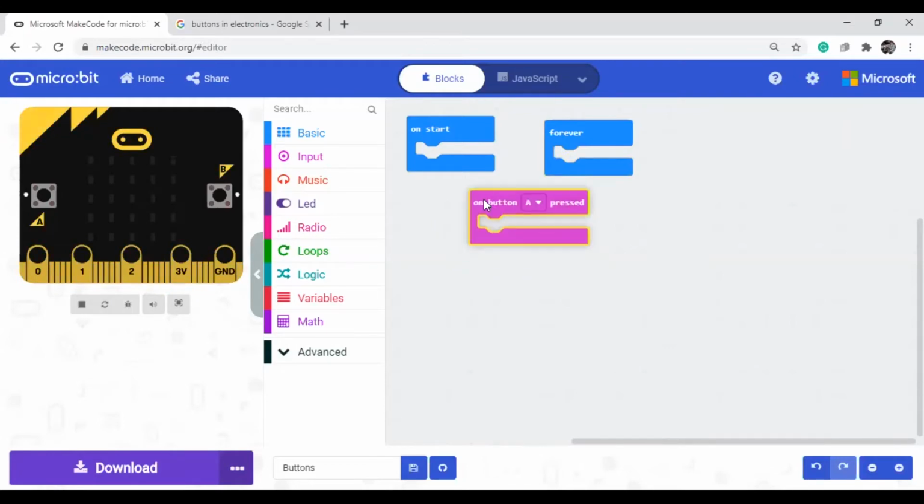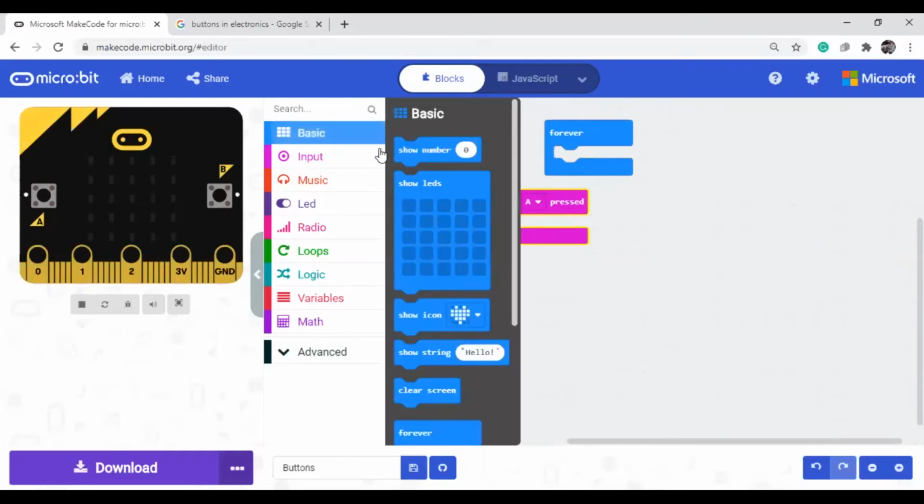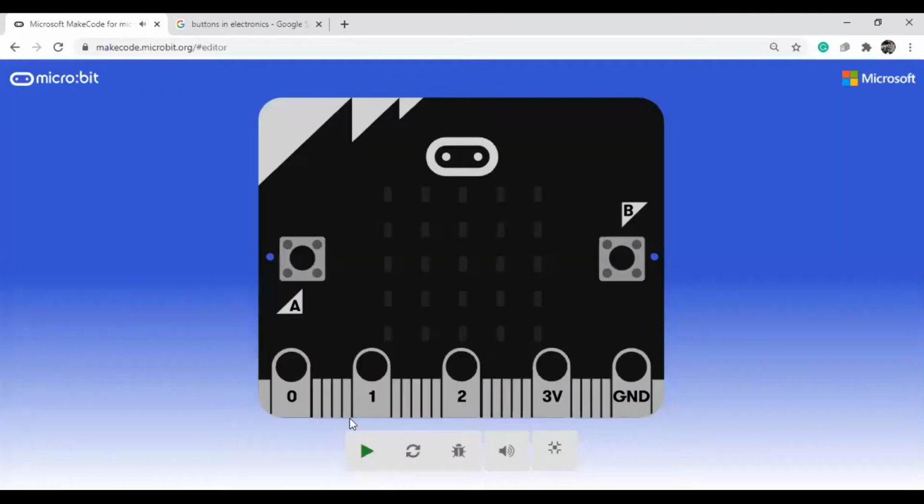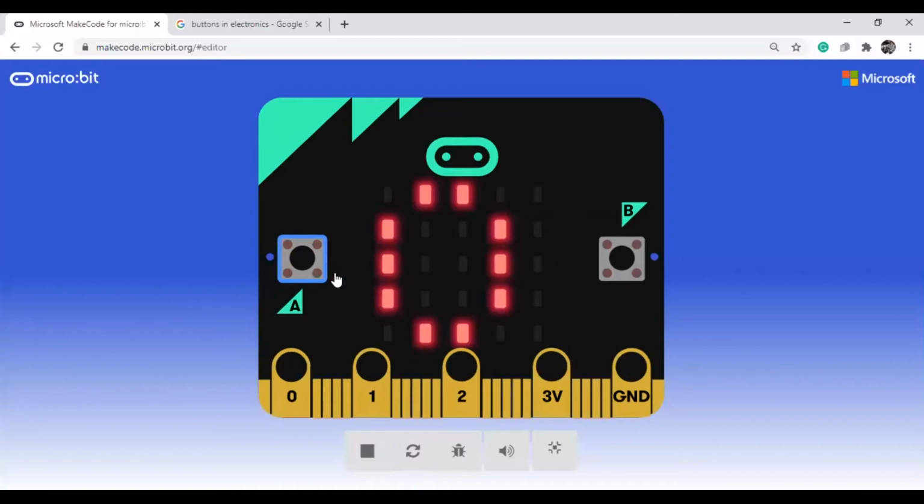When this task is enabled, like when button A is pressed, at that time it is enabled. Suppose you want to see an example: here I am keeping show number 0. Now I play my simulator, nothing happens, my event has not started because I didn't start my event here. When I come here and press this button, see, I press this button, even though I release it, now it is enabled. It is like a trigger. When this trigger is enabled, at that time it will start the event.